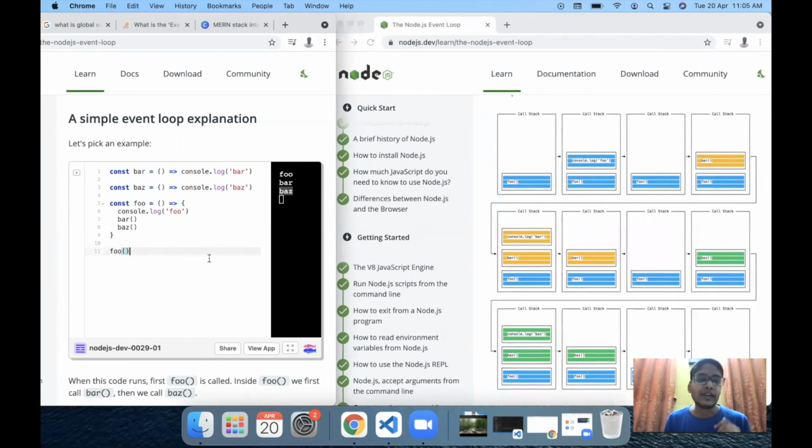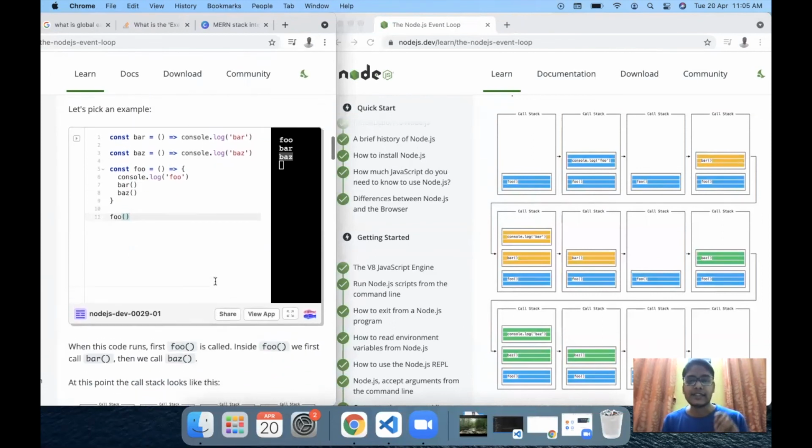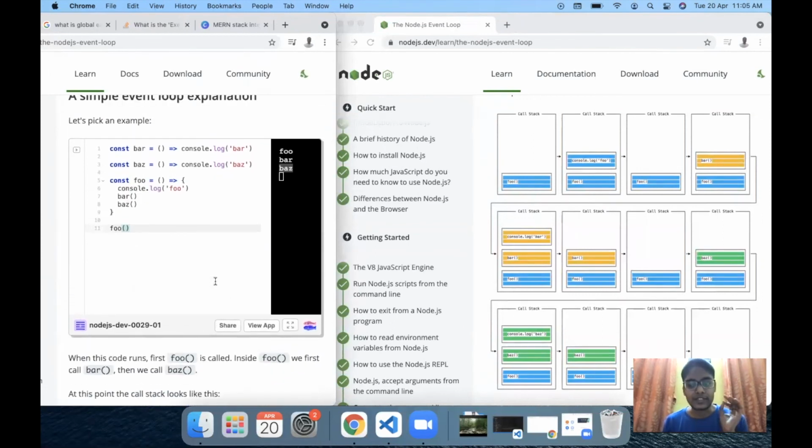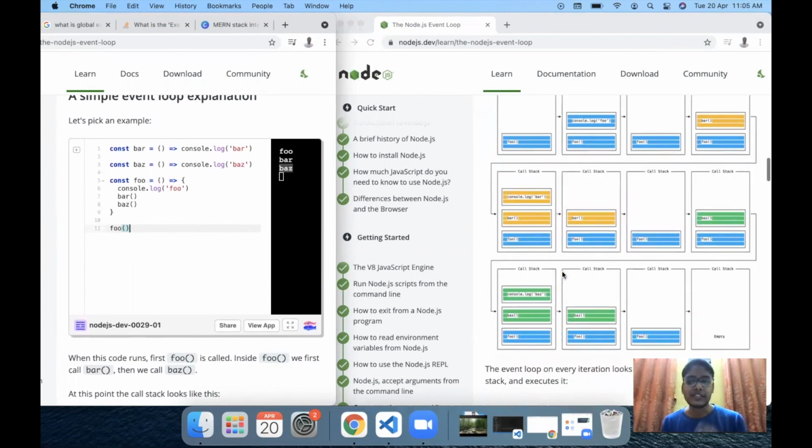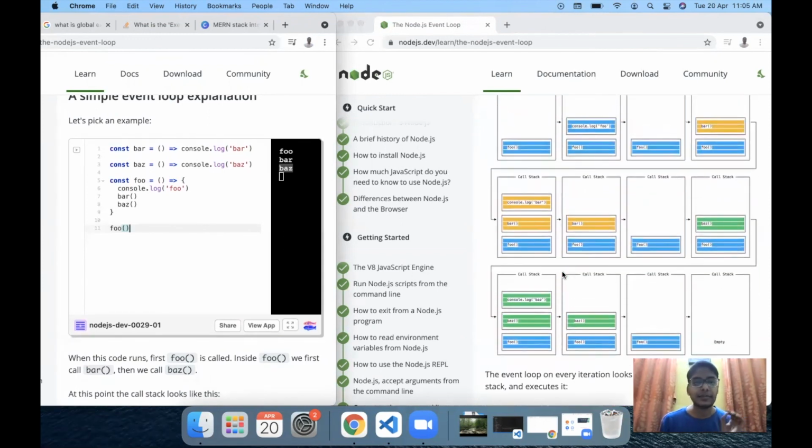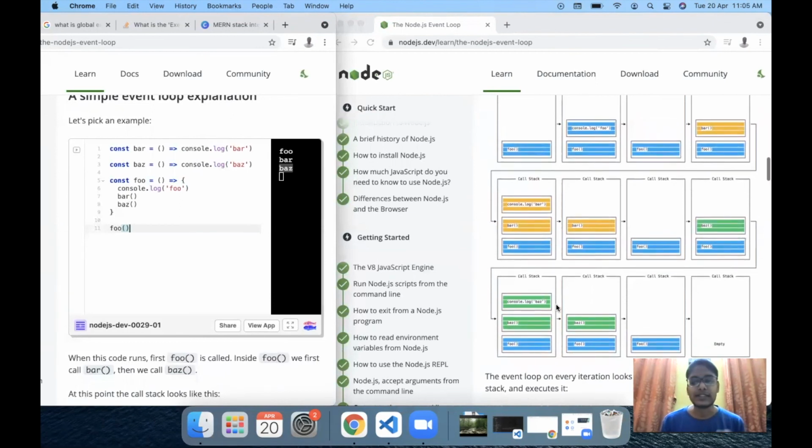So moving ahead from that card trick, I just wanted to emphasize how fast the call stack actually is. It is executed in a matter of milliseconds, and that is why JavaScript execution is so fast. In the next part of this interview question series, we are going to understand what the event loop is and how the event loop helps in the execution of code in our call stack. So stay tuned for the next part of our video.